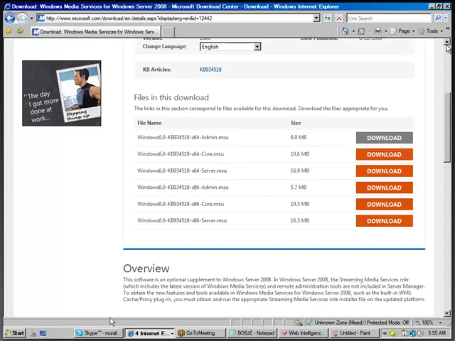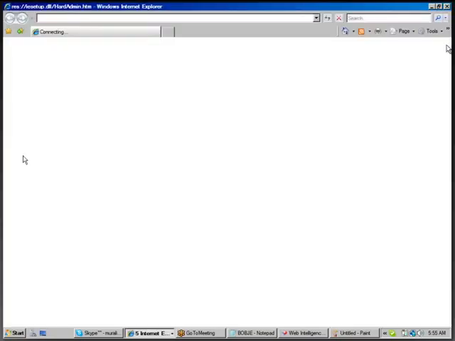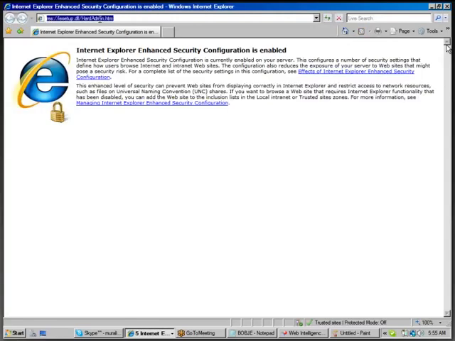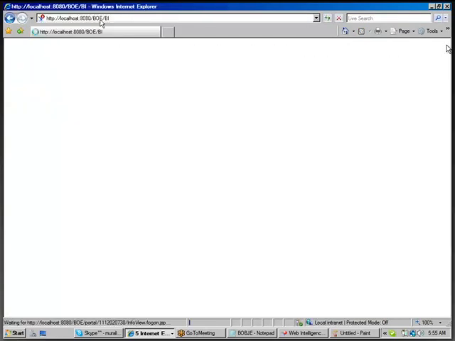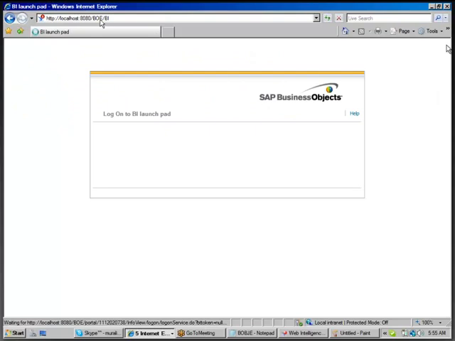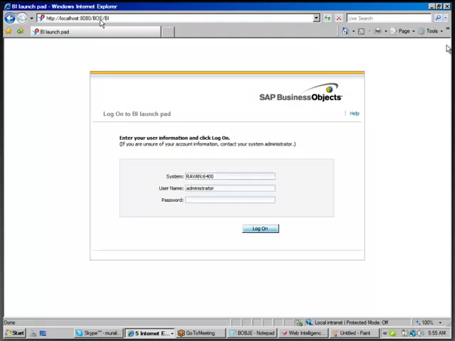Once you send this URL to the end user, the customer who is there in US just needs to type the URL and click on enter. Once they do that in their browser, it will ask them to enter a username and password. The administrator will access the CMC, Central Management Console tool, and create one user account for each customer.